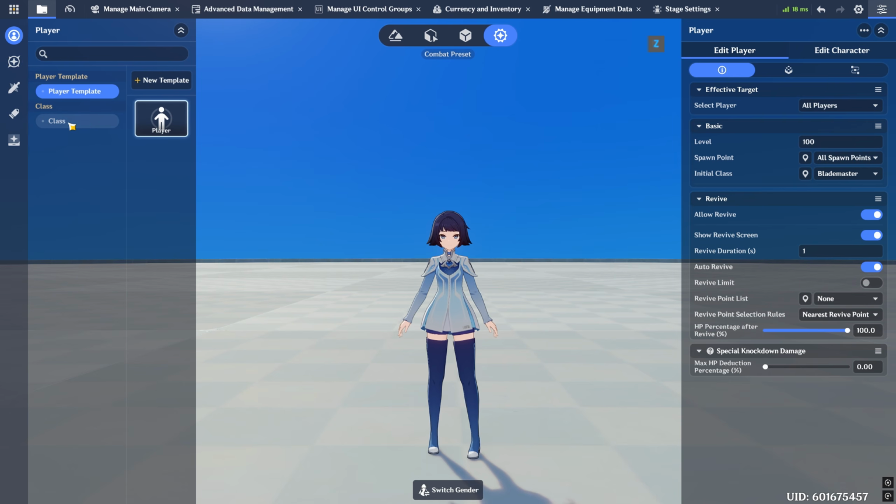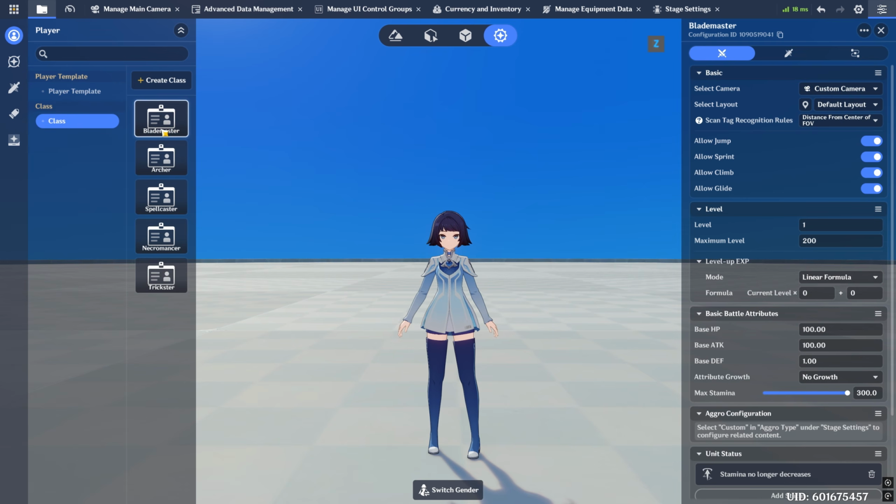So that kind of proves that the class selection is working. Because if we go ahead and look at the class here, Blade Master gives 100 HP, and then Archer gives 10,000. So that's how we can tell that it's working. I'm going to use the setup that I have now just to kind of save time. I'm going to go over what I have set up